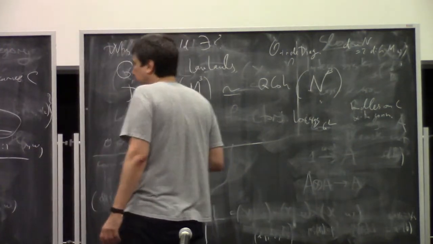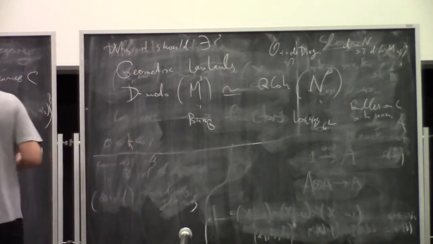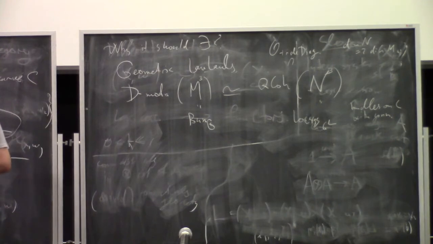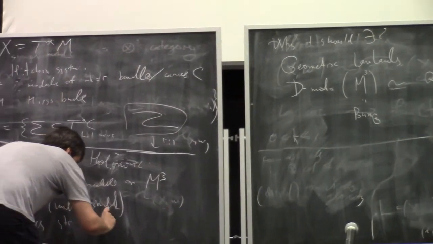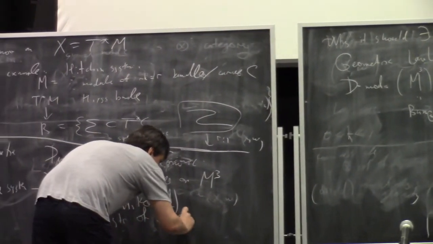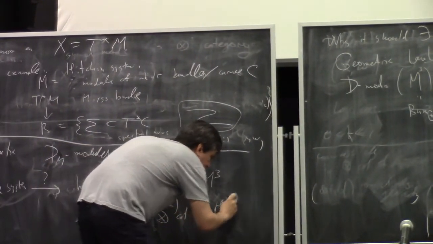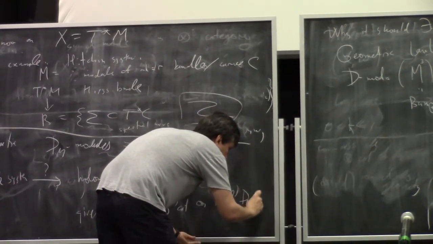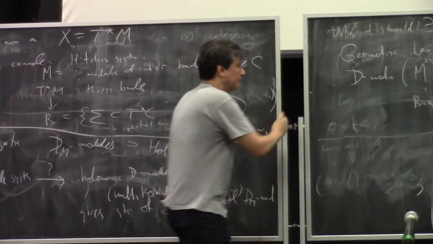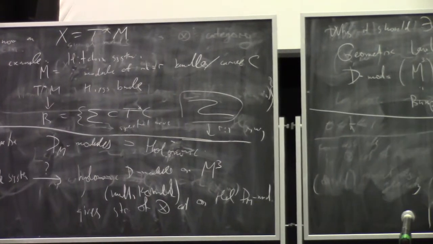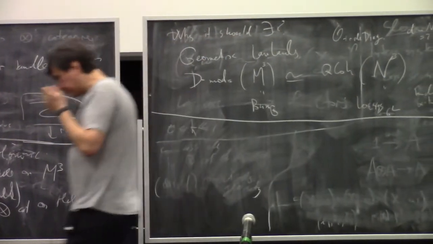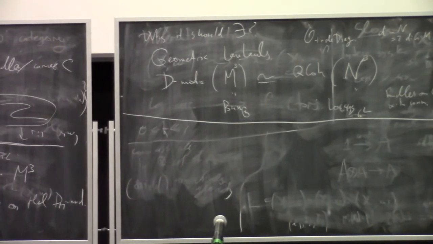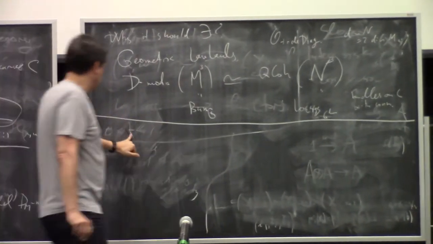So this multiplication kernel gives the structure of a tensor category on holonomic D-modules. So that's a kernel, and one can produce